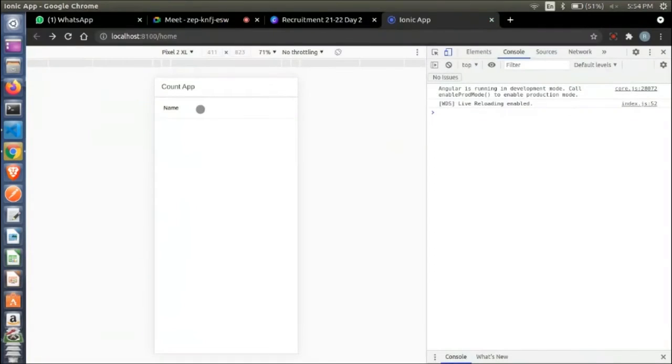Now when you go to the app, as you can see, when I click on the input area, the name moves upwards so that we get the entire area to input our text.